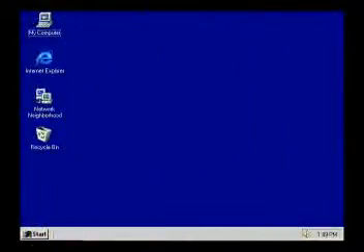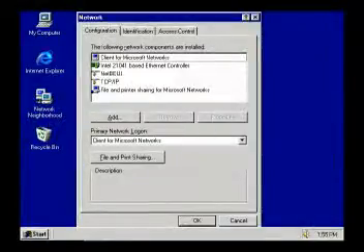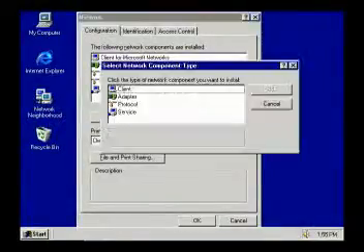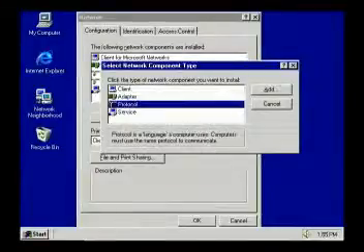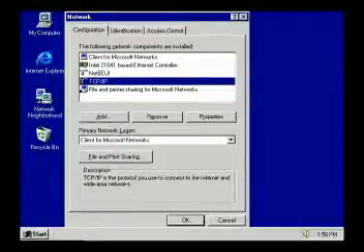A shortcut to this whole process on a Windows 95 or 98 platform, from the desktop, if I right-click Network Neighborhood and choose Properties, we have the same interface. Once again, selecting Add, choosing Protocol, and going through the same process. Once we have TCP/IP installed on the local machine, if I select TCP/IP and choose Properties,